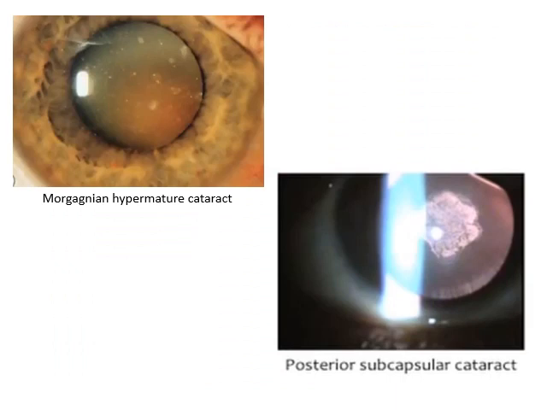The first picture is that of a Morgagnian hypermature cataract, where the cortical matter liquefies and the endonucleus floats in the capsule. Here this orangish mass is the endonucleus floating in the capsule. And in sclerotic cataract, there is loss of water, due to which the cataract shrivels and shrinks into a sclerotic mass. Now the second picture is of a posterior subcapsular cataract, where we can see a cataractous plaque very close to the nodal point of the eye.